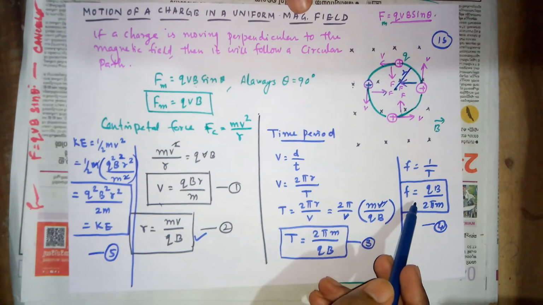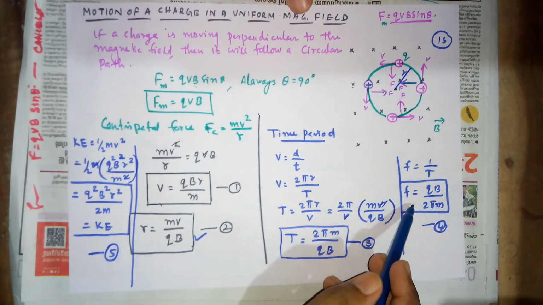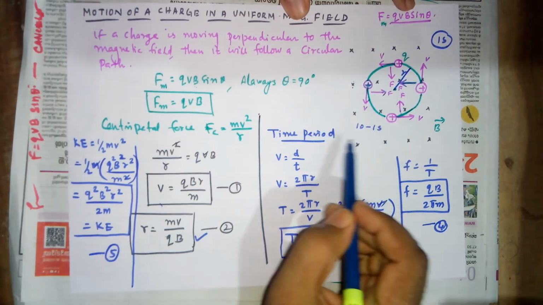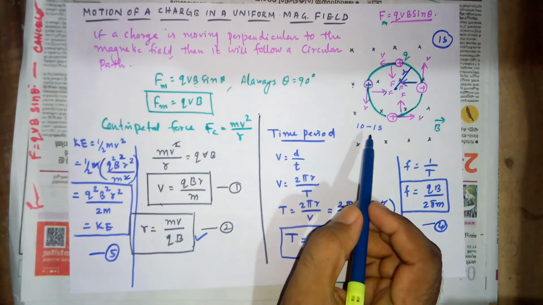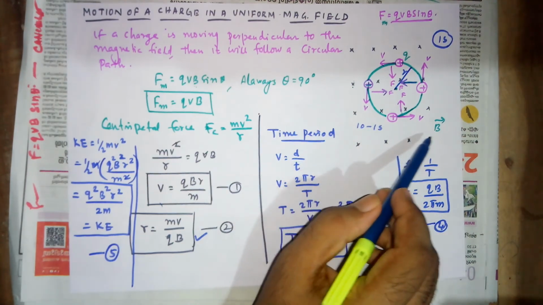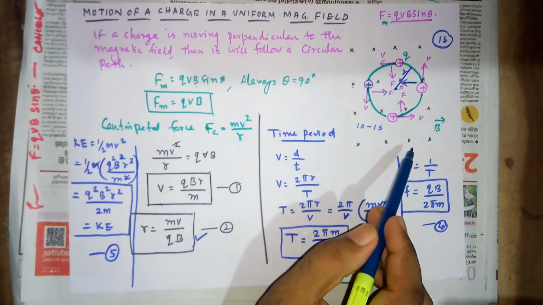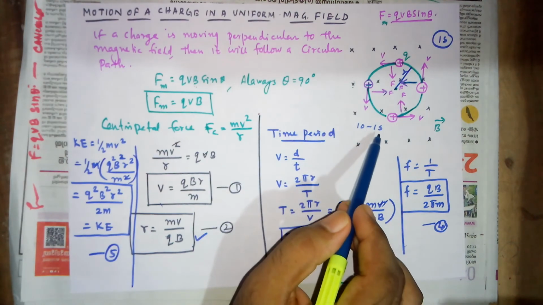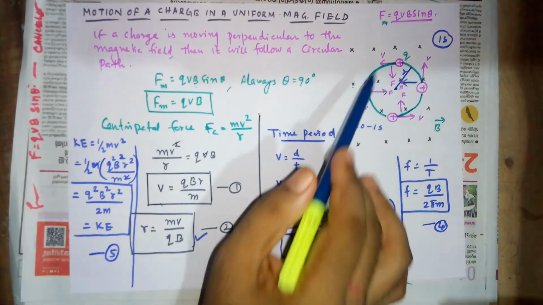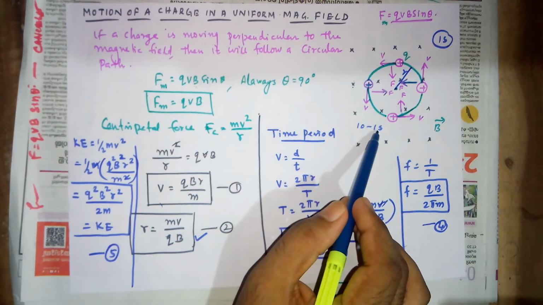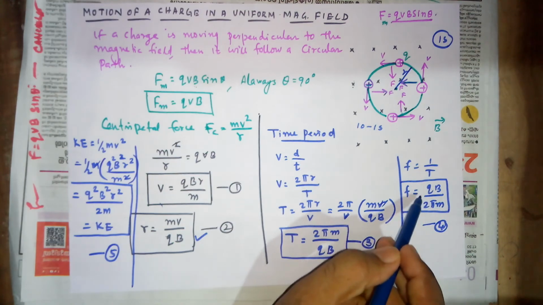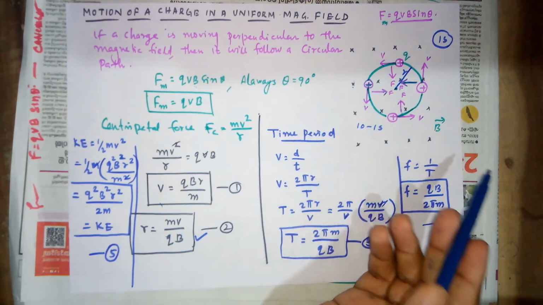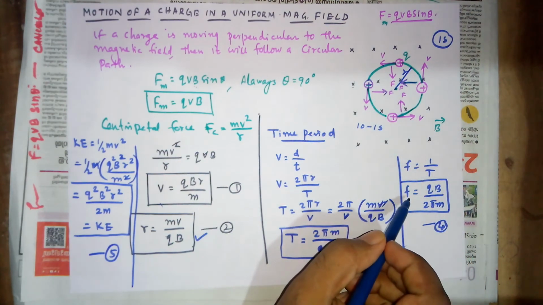We can explain it on the basis of frequency also. Frequency is the number of revolutions in 1 second. Suppose it is revolving 10 times in 1 second. If it is moving in a larger circle, then again it has to complete 10 revolutions in 1 second, because the radius does not affect the frequency. Moving in a larger circle means the radius will change, right? So even though the radius changes, the frequency has to remain the same.